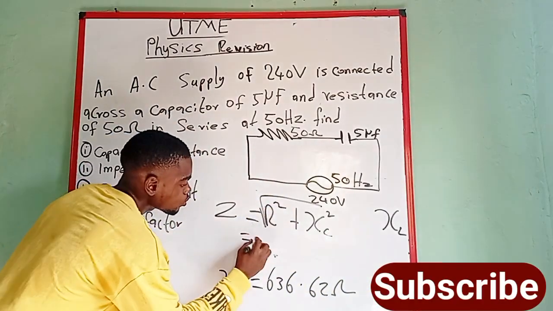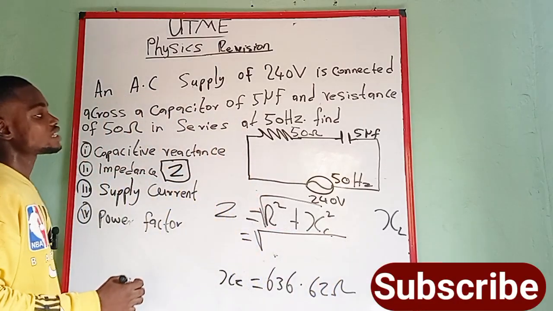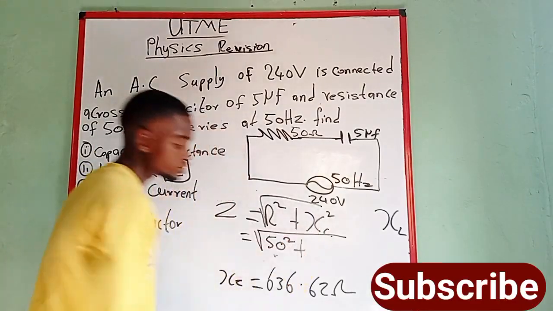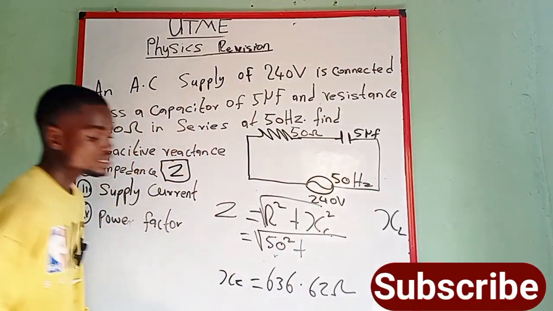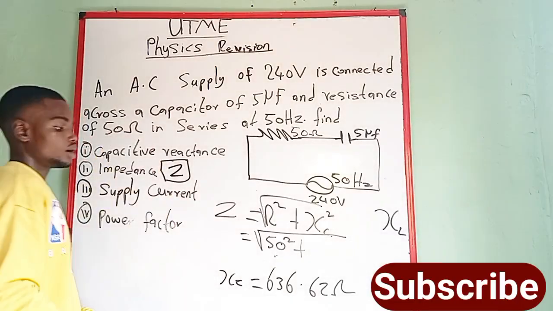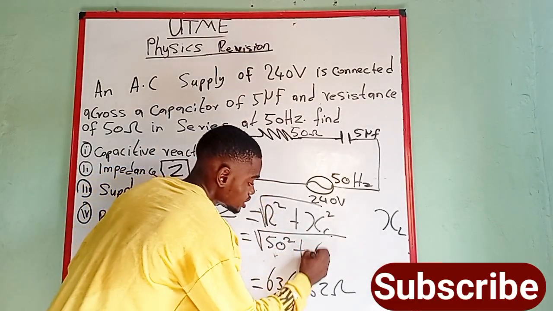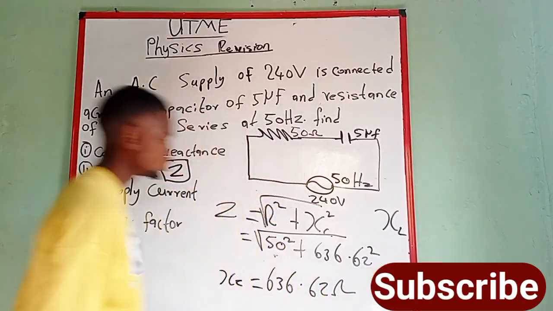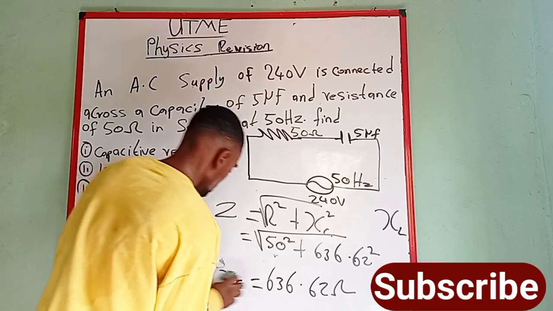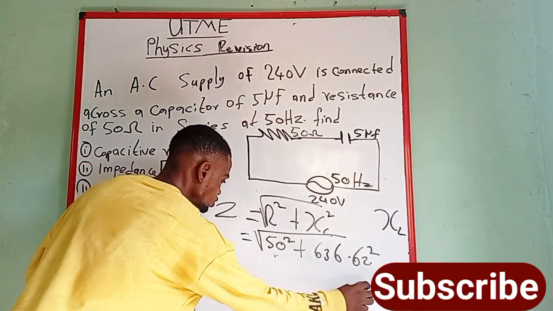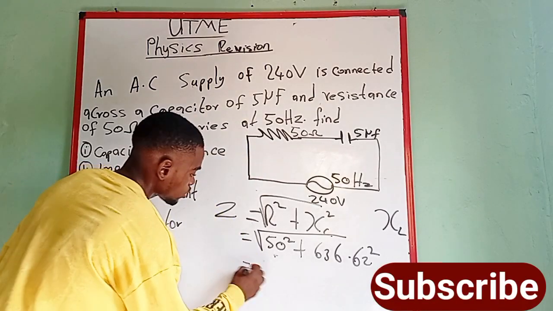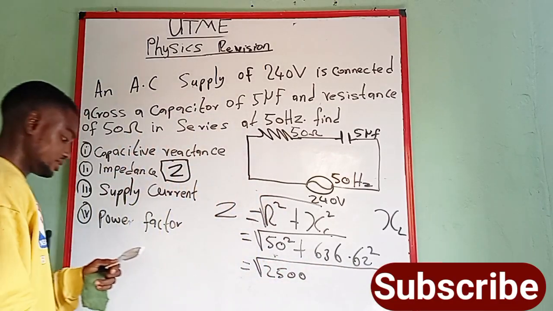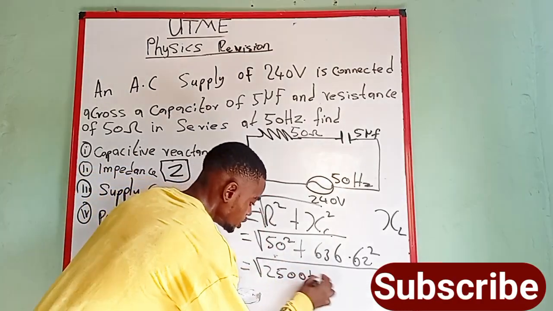So I'm going to have Z equals the root of, what is the resistance? Resistance is 50, and it is squared, plus my inductive reactance, which I've calculated to be 636.62 ohms, raised to power 2. Now if you work this out, 50 raised to power 2 gives us 2,500, so it is the root of 2,500 plus this other one raised to power 2, which gives us